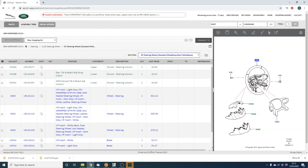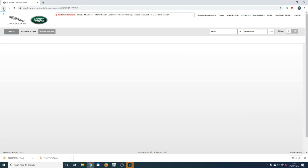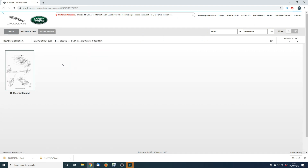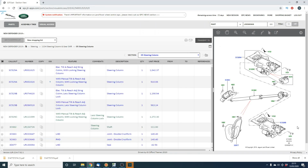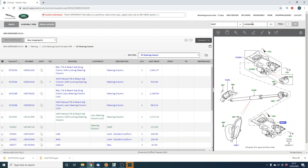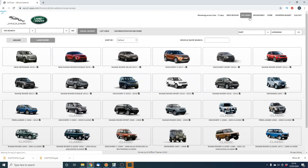But I wondered if I could put an L405 steering wheel on here, and I think I can, because when I went back and looked at the steering column, this top part of the steering column, this part number is quite an old part number. And if I look where that's used, let's have a look. Let's fire that back into the main system up here. Go back to the home screen. If I put that in there,